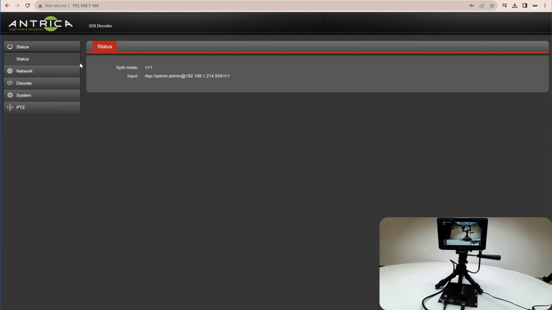Okay, so the first page of the web interface is called the status page, and if you click on it, there's not much information there. The information that you can see is it says split mode 1 by 1. This is because we can choose one of three display modes. So we can have 1 by 1, we can have 1 by 2, so two videos side by side with